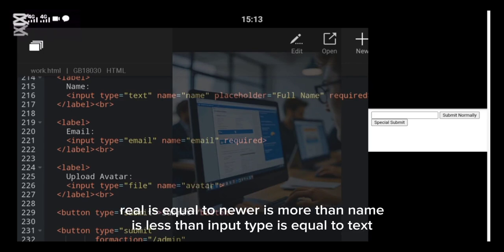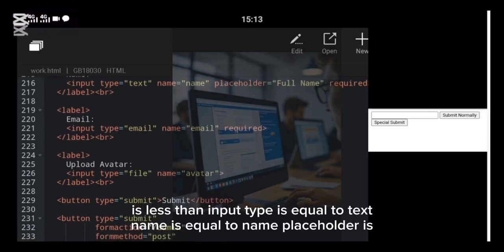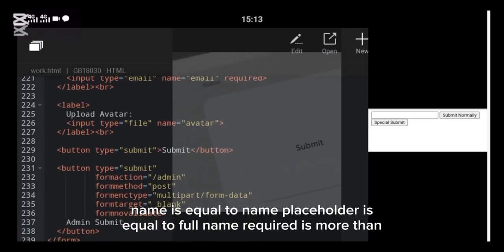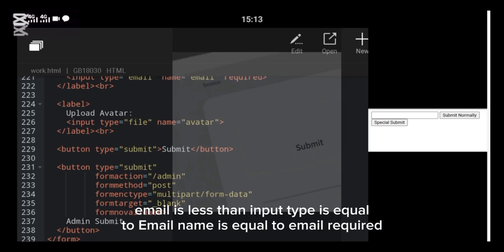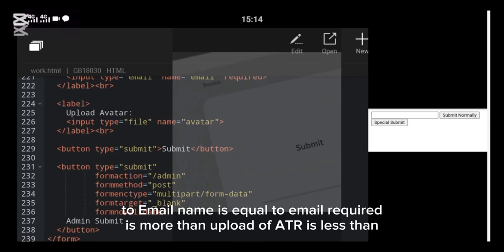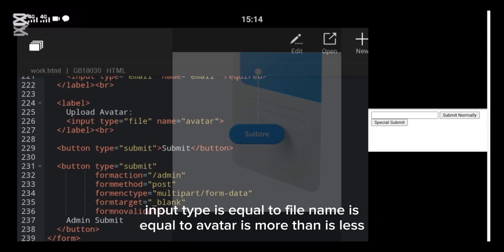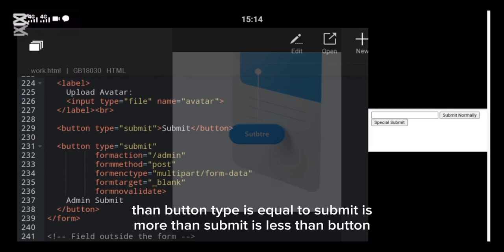Name: <input type="text" name="name" placeholder="full name" required>. Email: <input type="email" name="email" required>. Upload avatar: <input type="file" name="avatar">. <button type="submit"> submit </button>